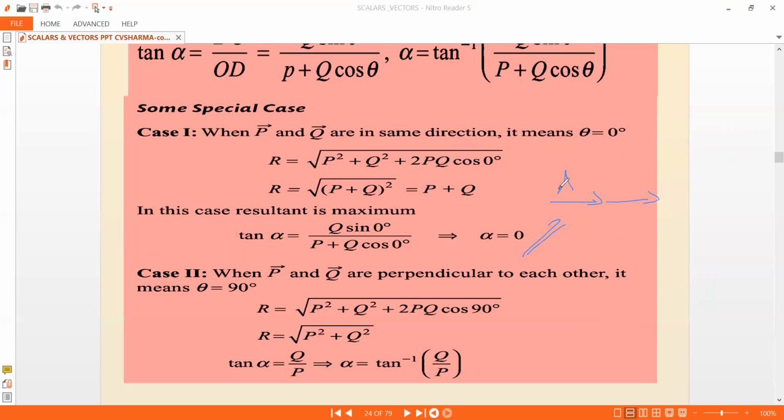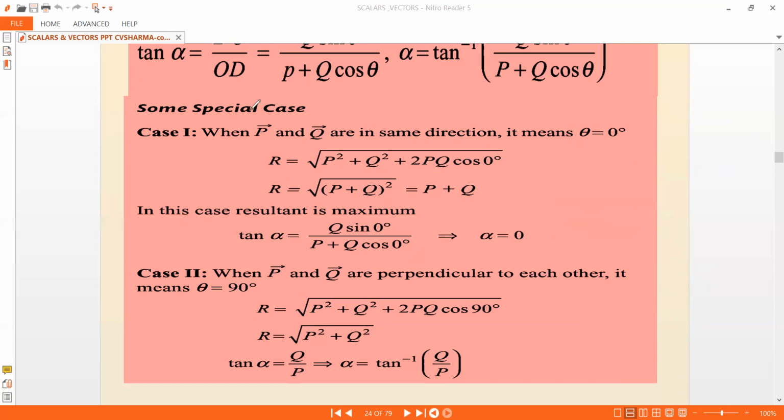The scenario they're talking about is like this. Both the vectors are in the same direction, theta equal to 0, and your resultant will not make any angle with any of the vectors. So the resultant vector r bar is a bar plus b bar, and the modulus of the resultant is simply the sum of the moduli. So r is equal to a plus b. This is part 1.